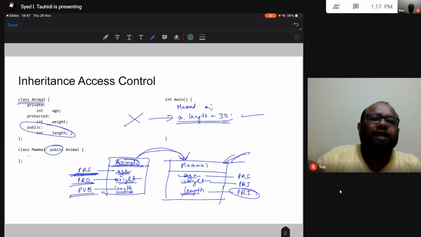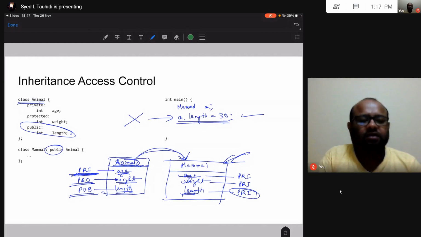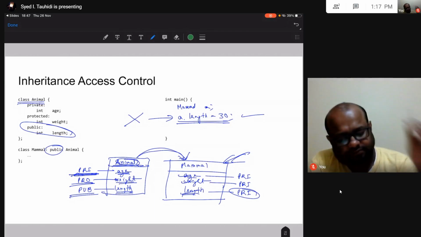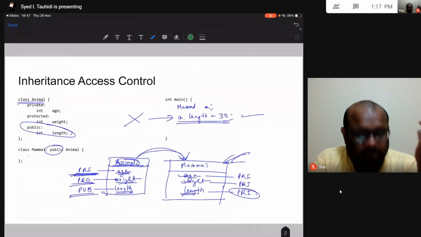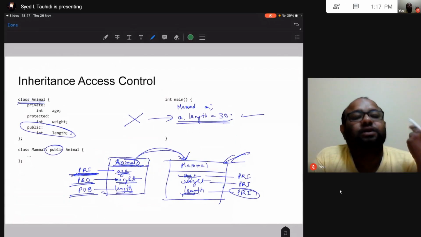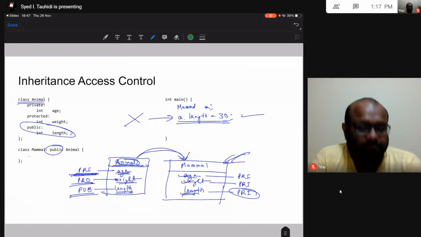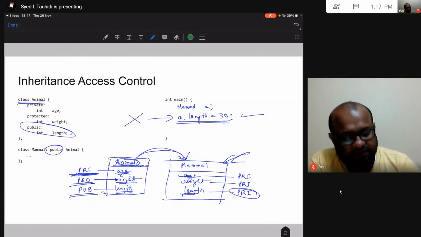Now, once these attributes come inside Mammal, what is going to be their access specifier? What is the access specifier with which they were inherited? Does the private stay private? Does the protected stay protected? Does the public stay public in this derived class?